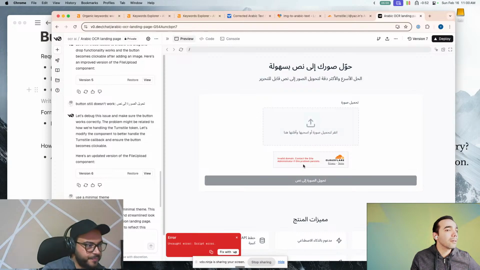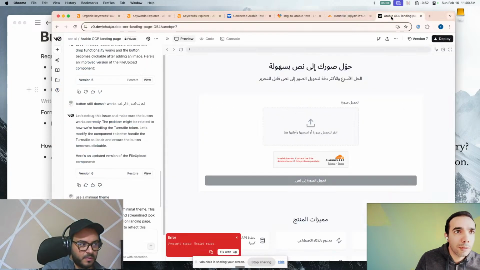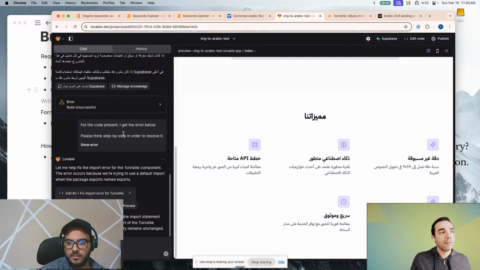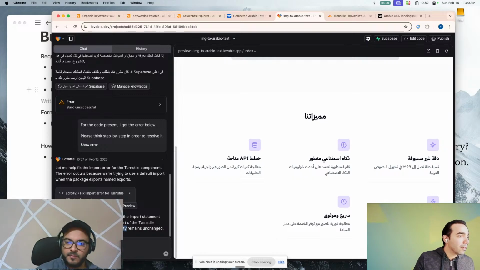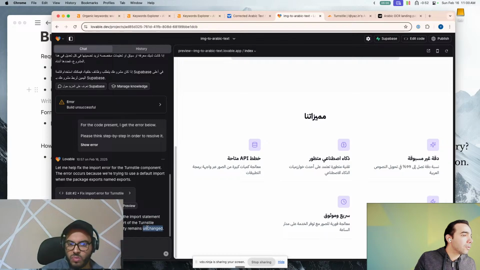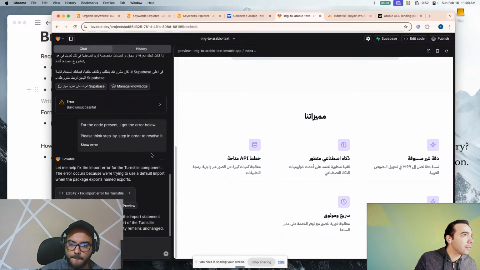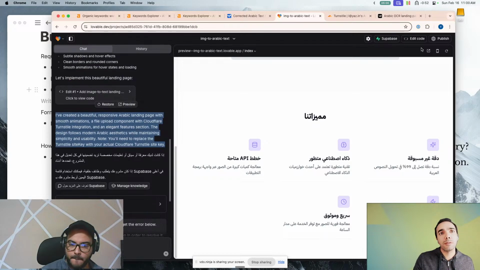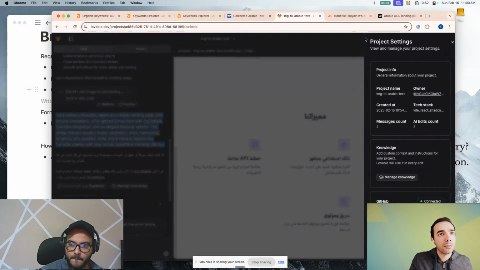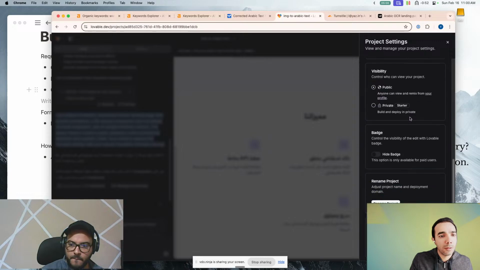Invalid domain. Contact site administrator. Okay. Oh, it's pretty good, man. Maybe we work with this then. We work with Lovable. The error has been fixed. Okay, the rest of the functionality: you'll need to replace the turnstile site key with your actual Cloudflare turnstile key. Okay, let's do that. So settings, where is